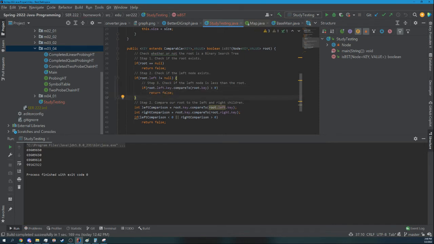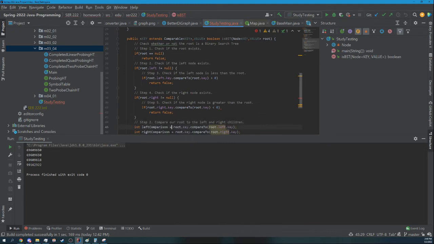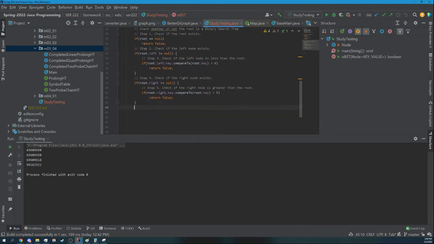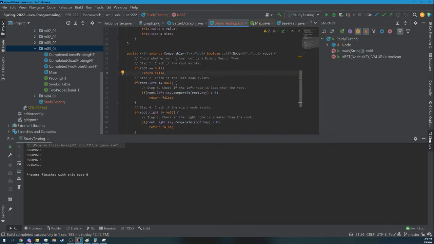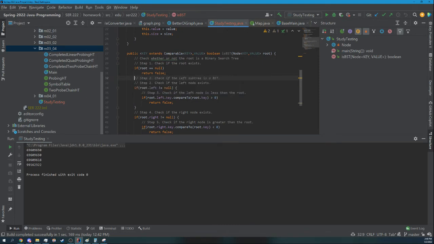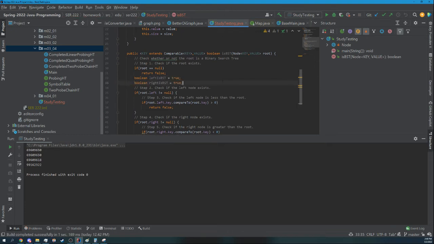So, check if the right node exists, and then okay, and then if they're not null, we should probably do left isBST, right isBST, and